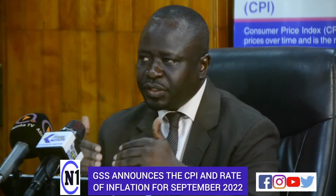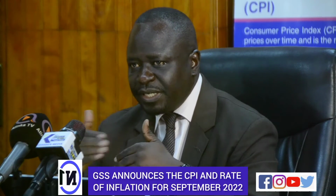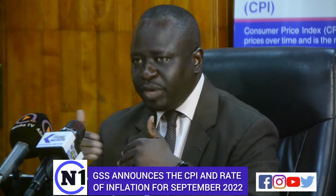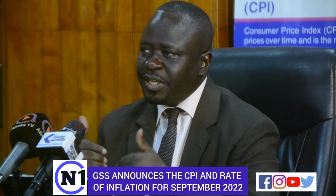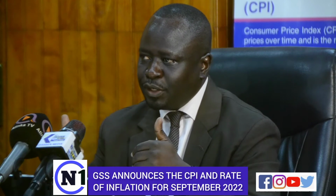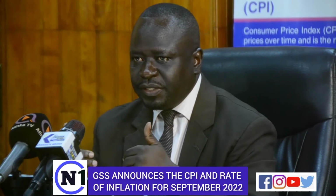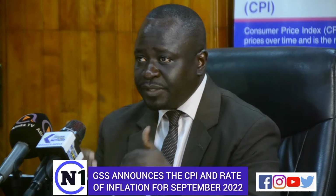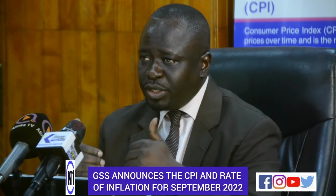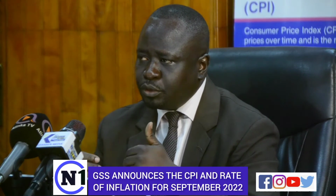And here the caution is we need to be careful interpreting the index as percentage changes relative to the rate of inflation. The rate of inflation is computed from changes in the consumer price index. So we don't have to interpret the consumer price index as percentage changes. So in that report, it did indicate that the food price index in Ghana in June 2022 was